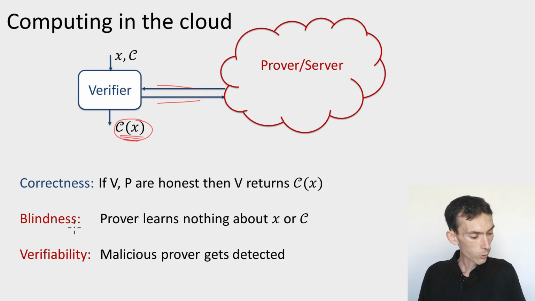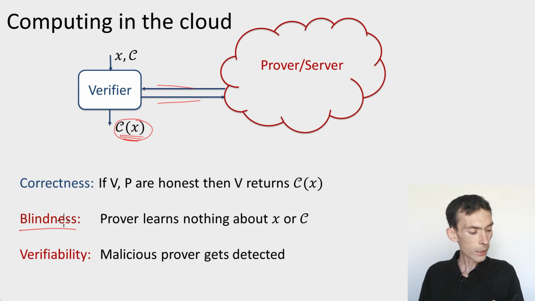There's a couple that I think are important. The first property is called blindness. Informally, the prover doesn't learn any information about the computation that the verifier wants to perform. Imagine that Amazon is holding this quantum computer and you're delegating some important computation to Amazon. It might involve your credit card number, or some secrets. So you want Amazon to execute the computation, but you don't want them to learn either what the computation is or what the result of that computation is.